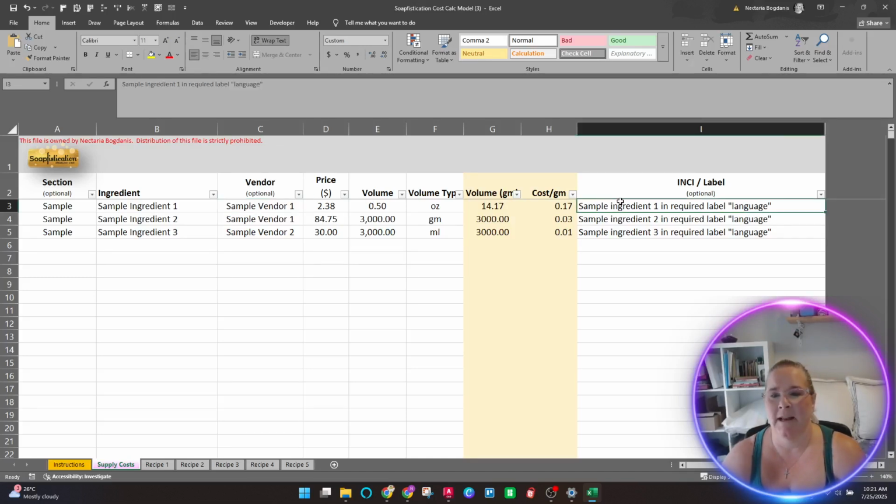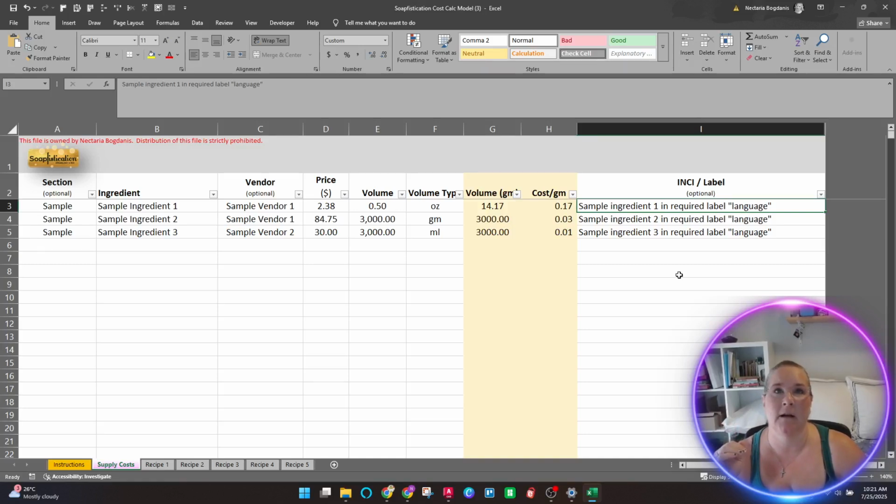The last thing that is optional is column I, which is your inky. I call it /label because this is what I use to create my labels. So for instance, if I'm in Canada, and on our labels we have to use inky.